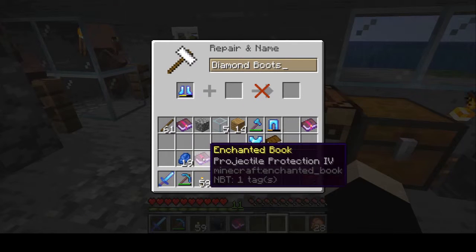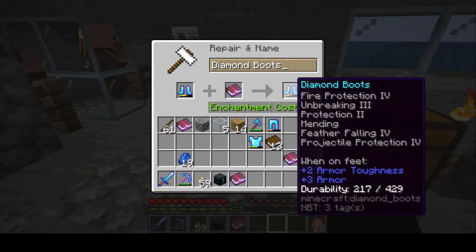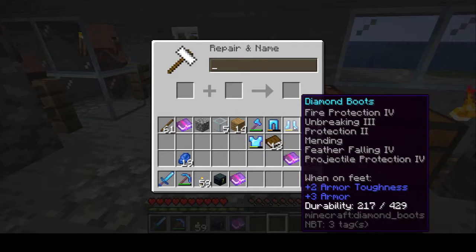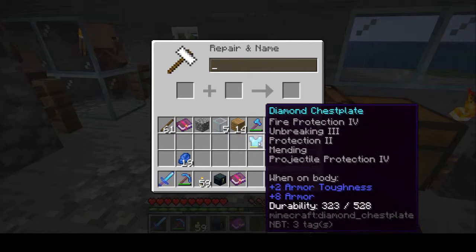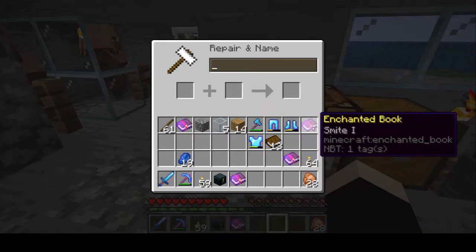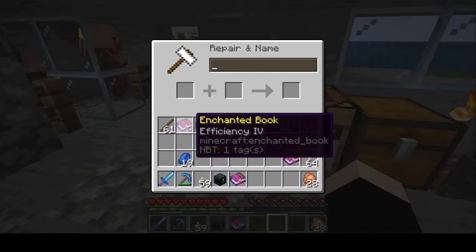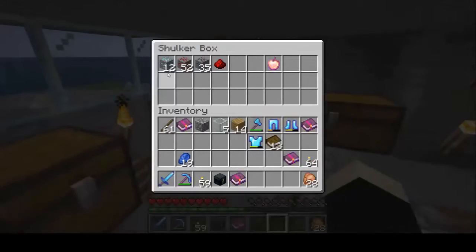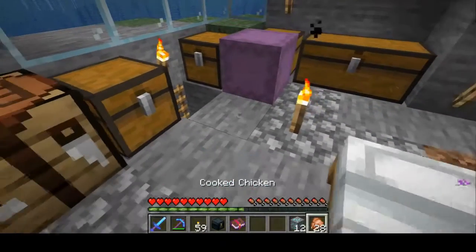That we can go ahead and try to put on here. Look at that, ladies and gentlemen. Oh man, that's some decent armor. I just need to get Protection 4 on there as well. But look at that. Look at those boots. Those are some decent looking boots. Now these are decent. They need some more enchantments, but we don't got quite a lot of levels to do that at the moment. I do want to go ahead and grab at least